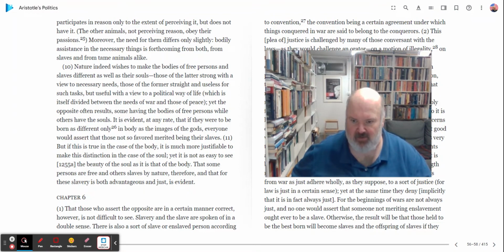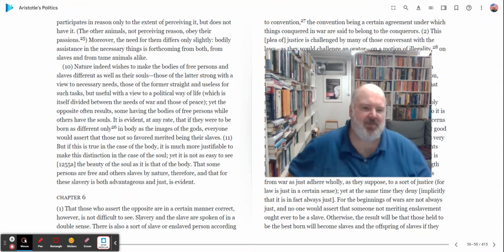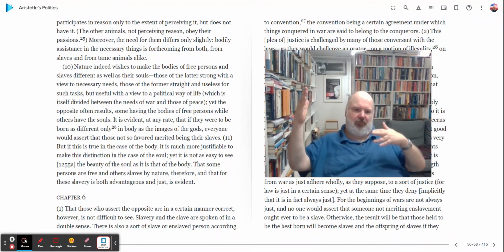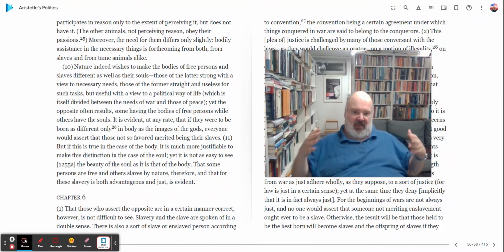It is evident at any rate that if they were to be born different only in body as the images of the gods, everyone would assert that those not so favored merited being slaves. In other words, on the question of natural ruler and ruled, if it was clear that the difference between the naturally ruled and the natural ruling was like the bodies and souls of gods, and everyone saw the difference,